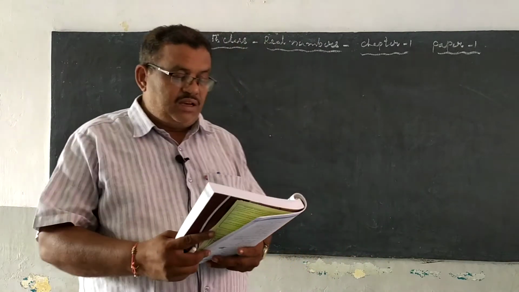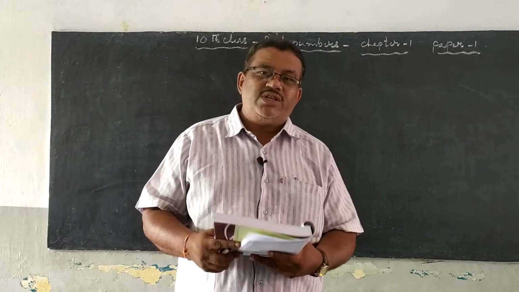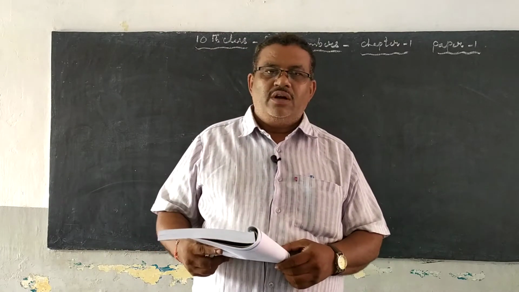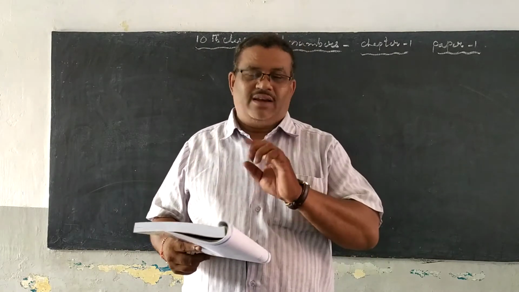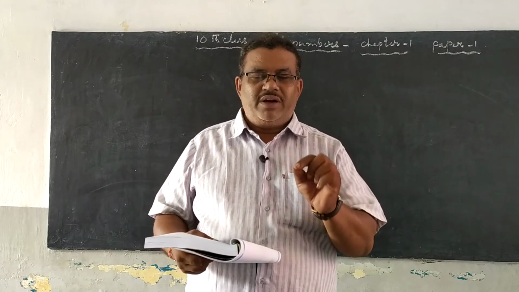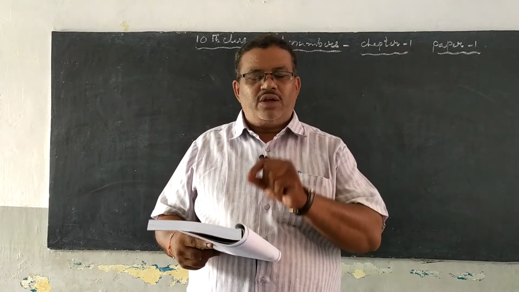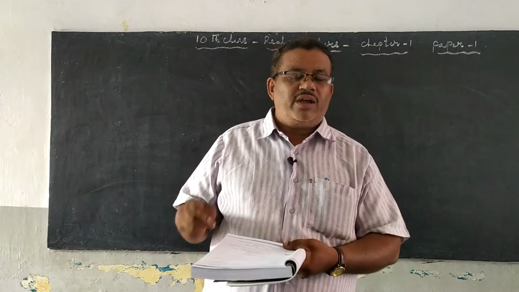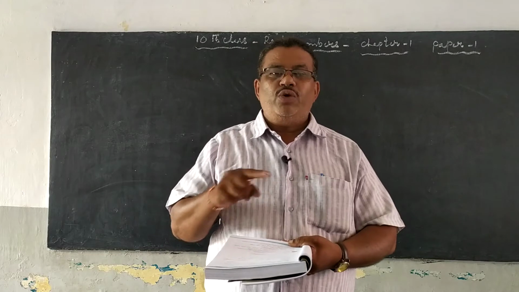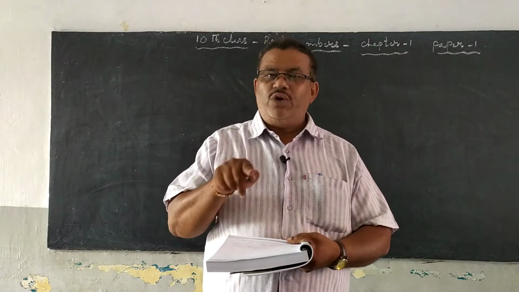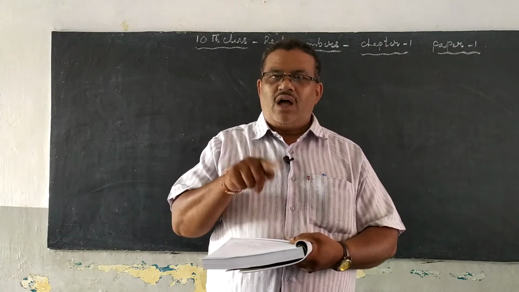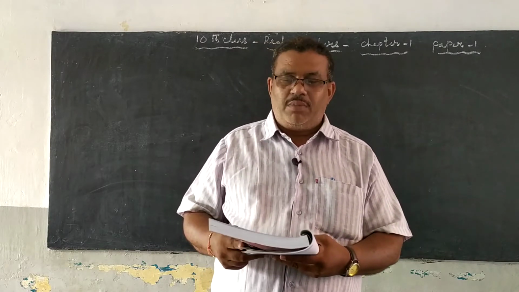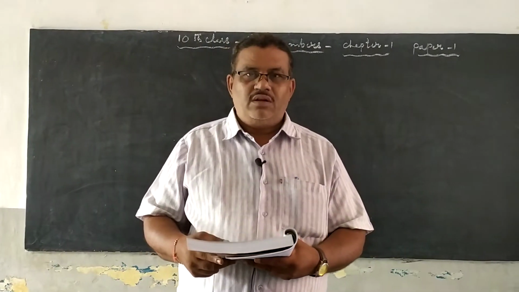The first question is log 1000. Log 1000 can be written as log 10 cube, since 1000 can be written as 10 cube. Log 10 cube can be written as 3 log 10. Log 10 we can express as 2 into 5. So log 2 into 5, by the log AB formula, is log 2 plus log 5. This is the first problem in the fourth exercise.